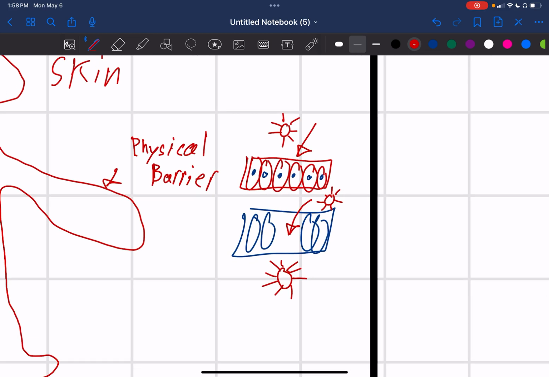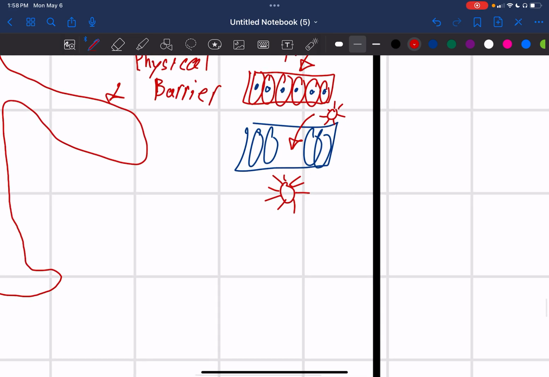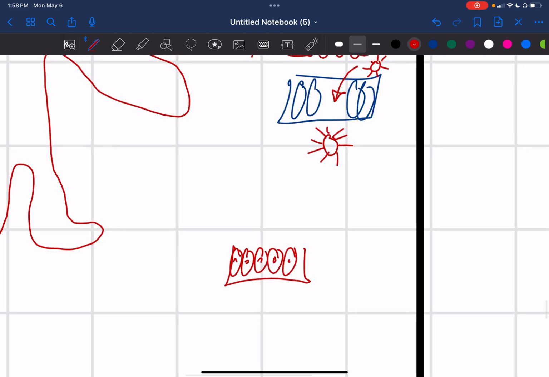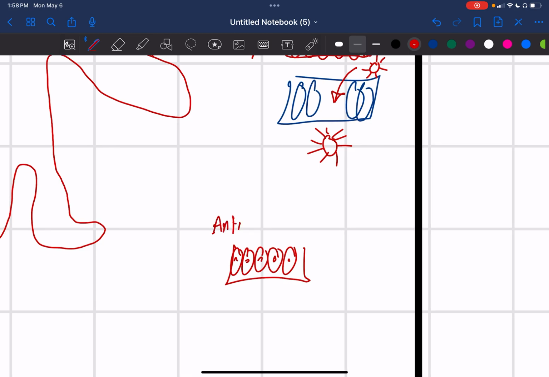So now moving on to other forms of defense. Let me just draw this real quick for you guys. So we have antimicrobial defense. On our skin, we naturally have antibiotics, right? Can't spell this. Antibiotics, right? Say for example, whenever we have a bacteria trying to infiltrate our immune system,